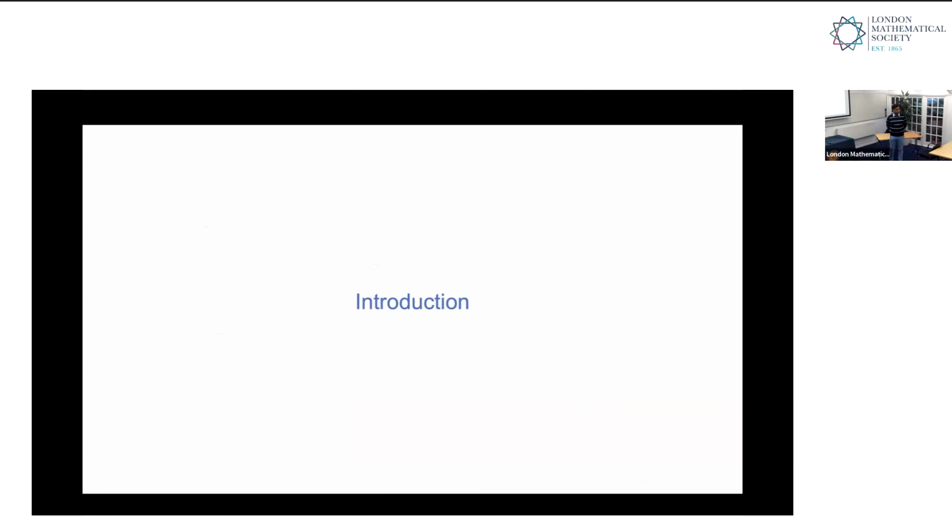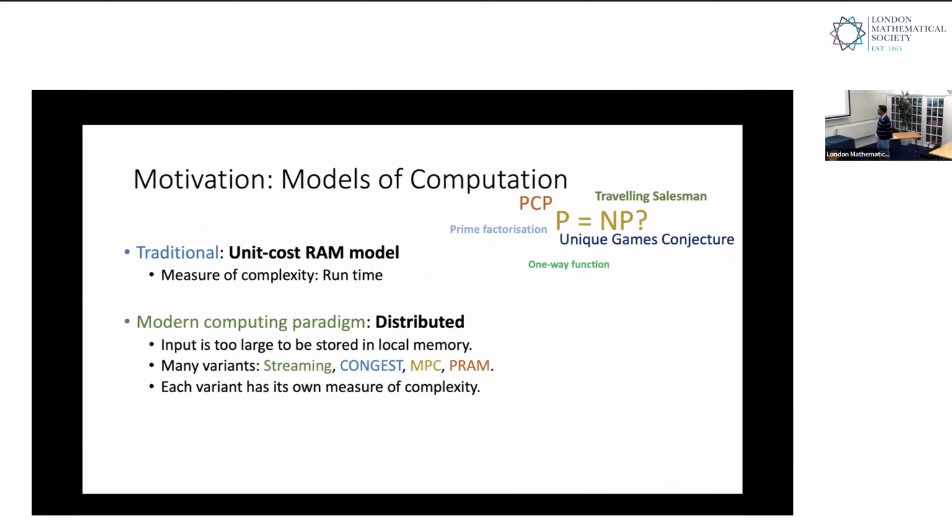Now let's talk about unified algorithm design. What is the motivation? When we talk about a problem in computer science, especially in our area, the measure of complexity is usually the unit cost model, where you talk about runtime. But when you talk about modern computation models, like distributed models, the streaming model, MPC, PRAM, some of which you have already seen, and Christian will also talk about streaming in the next talk,